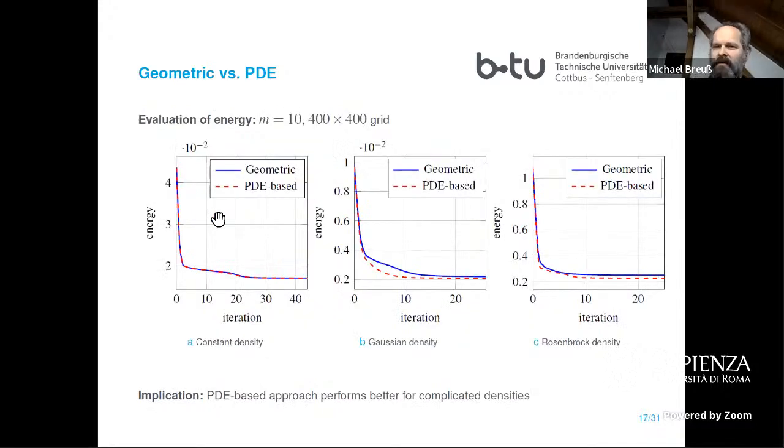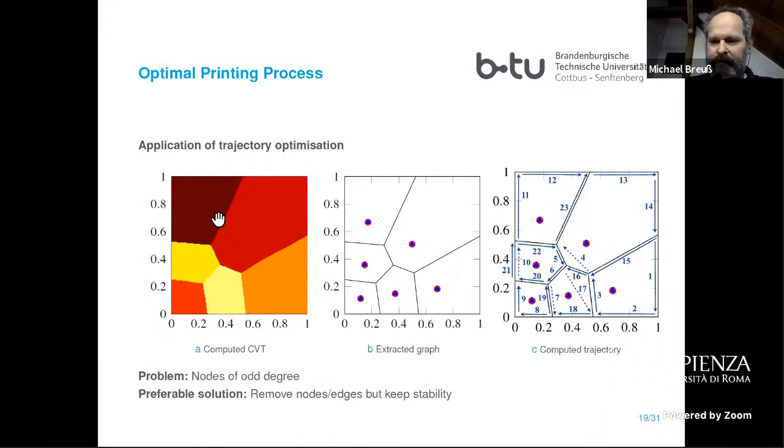And the idea was, but I cannot show you results of this at this moment, to put it in a loop where you have a finite element simulation of stiffness, and you can extract a stiffness function, put it into this, compute a new tessellation, put it again into the finite element solver, and put it into a loop. But I don't have a result that I can present at the moment, as we are not that far. It's really ongoing work. Okay.